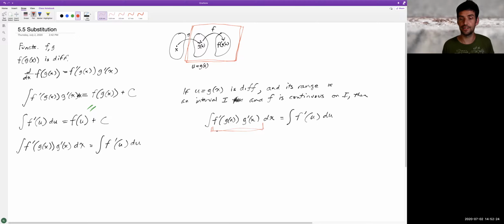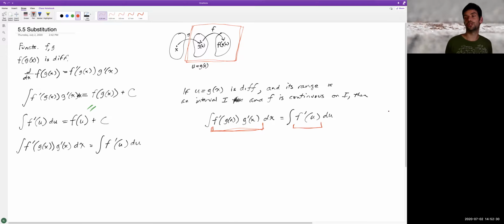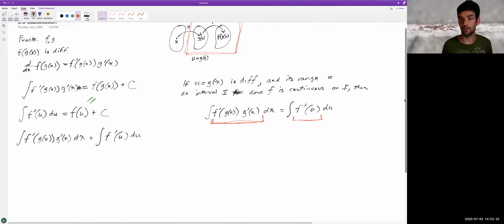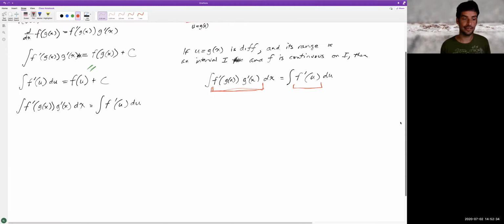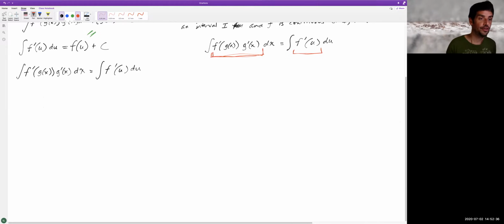We're going to be trying to integrate something like this that's going to look very complicated, and we're going to instead write it like this, which should hopefully simplify it. Okay, so let's try an example. Suppose I have the following integral: